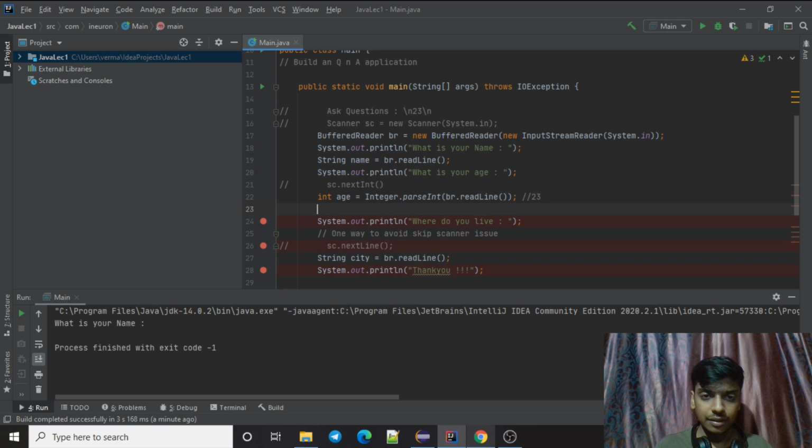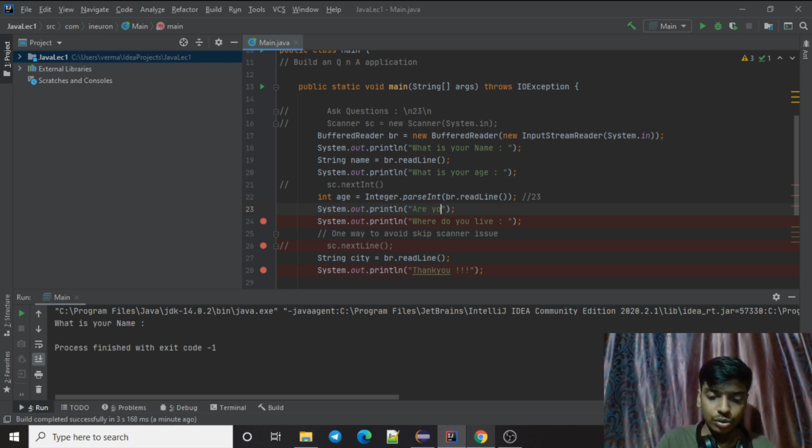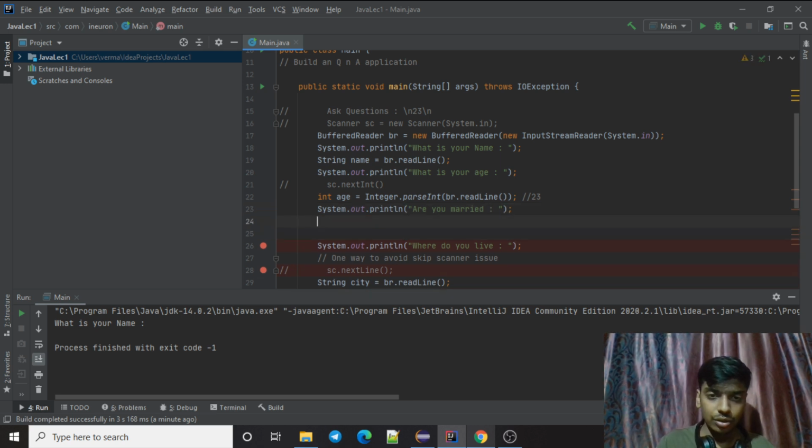So let's say someone asks a question like, are you married, and I want to store it into the boolean, I can store the response into the boolean. Okay, I don't think that will work. Let's see. I don't know how to parse into the boolean.